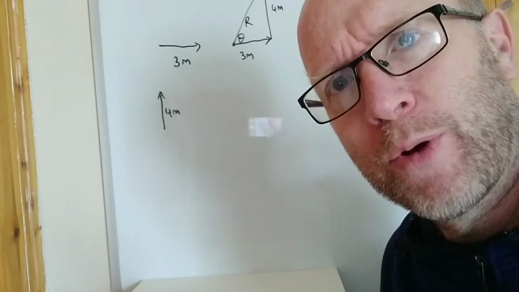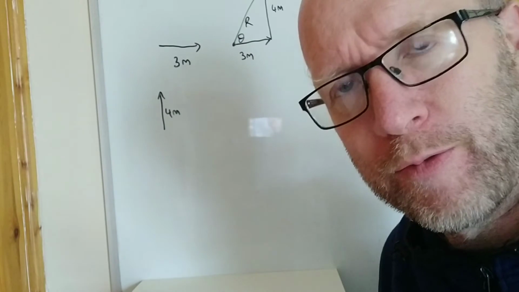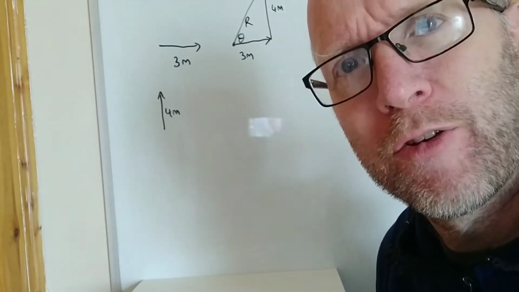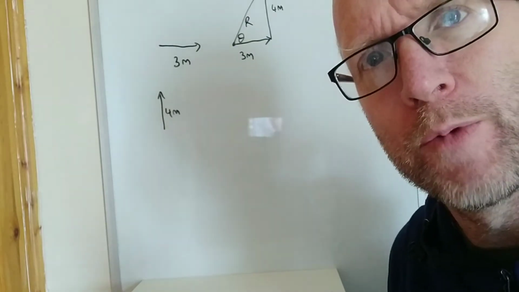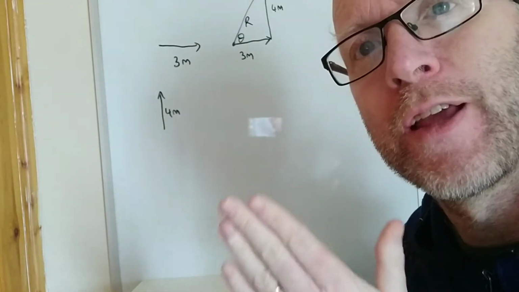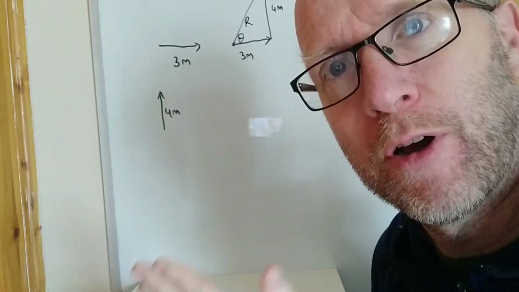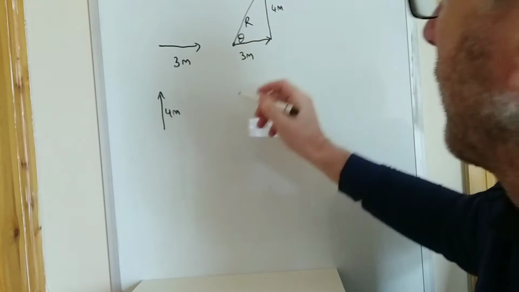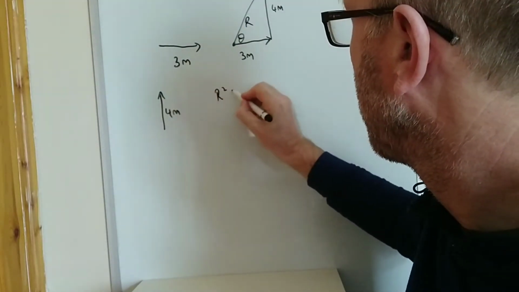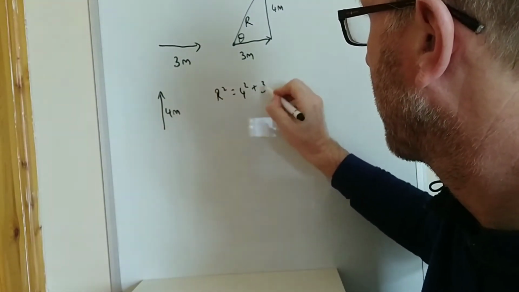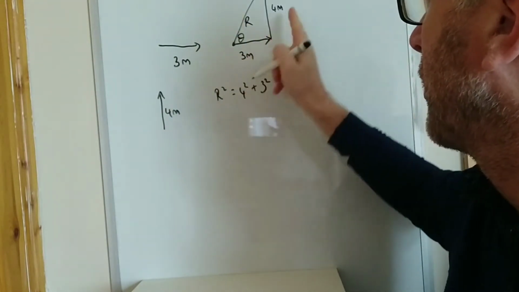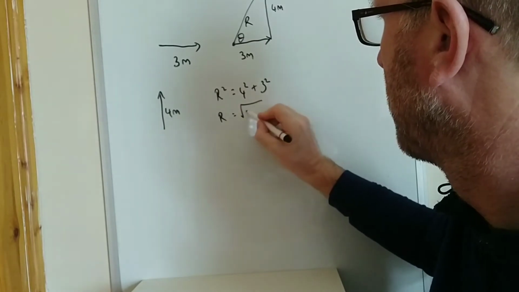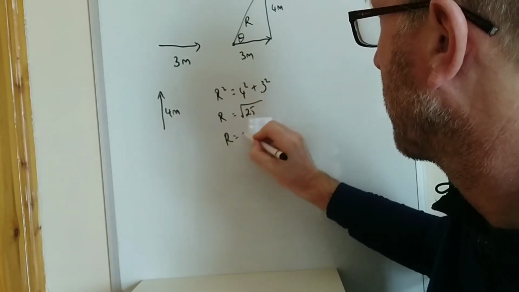You should be able to do any of these questions using right angle triangles. That's from the basics from the syllabus. Okay, we'll see later how we can manage it outside the syllabus anyhow. So we use right angle triangles. So in that case, to get the magnitude, R of the vector, we just use Pythagoras' theorem always. Okay, so in this case, R squared equals 4 squared plus 3 squared. So Pythagoras' theorem, the square of the hypotenuse equals the sum of the squares on the other two sides, and we end up with R equals the square root of 25, and R is equal to 5, in this case